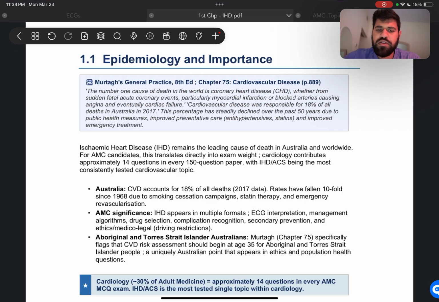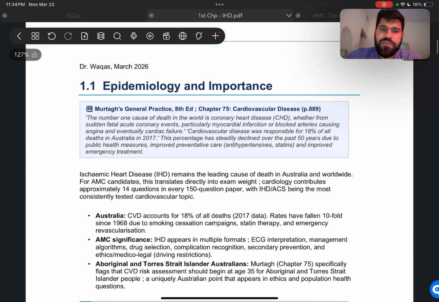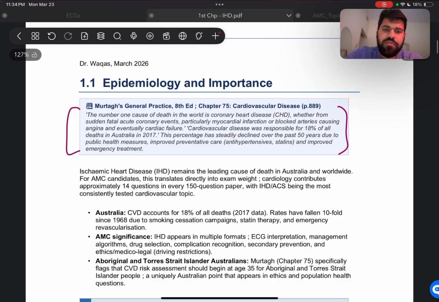Pathophysiology isn't a question that comes a lot. They won't ask you for it, but if you know it, it's very good for you, because it will be easier for you to understand the pharmacological treatments, the algorithms. All right, so I've taken this from John Murtagh, because the number one ACS and congestive coronary heart disease is the most fatal cause, and you have to suspect that in any patient that comes with angina or chest pain.